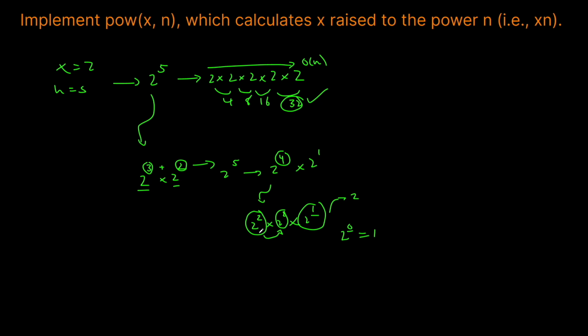Otherwise, we're going to keep breaking down our power each time by 2, and we're going to store this in some sort of memo dict. So that way, for example, we have 2 to the 4th. We can decompose it as 2 squared times 2 squared, but we can figure out the value of 2 squared, and then we can just reuse that value from the memo dict instead of recalculating it,